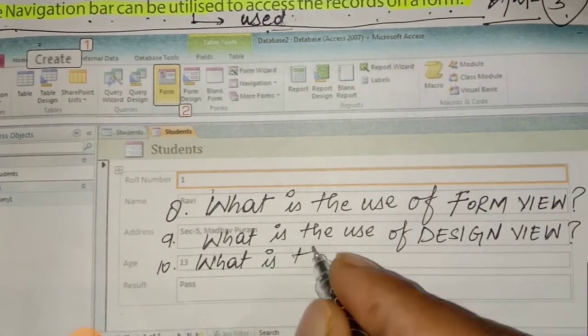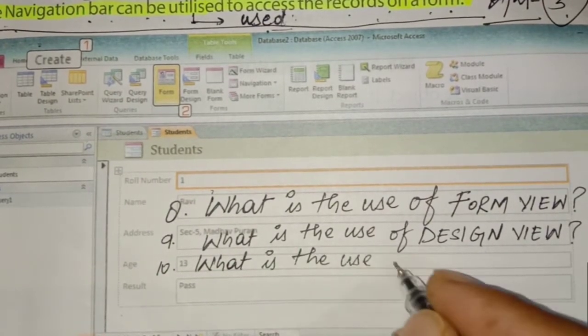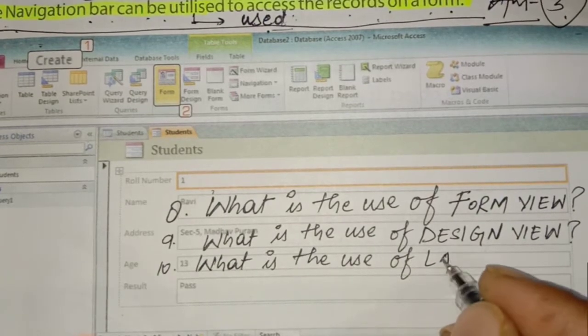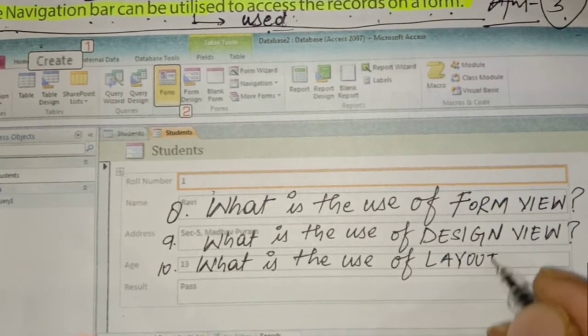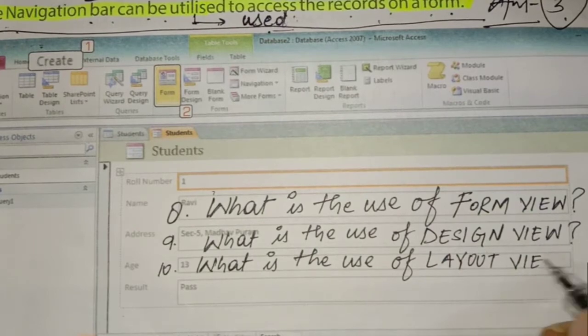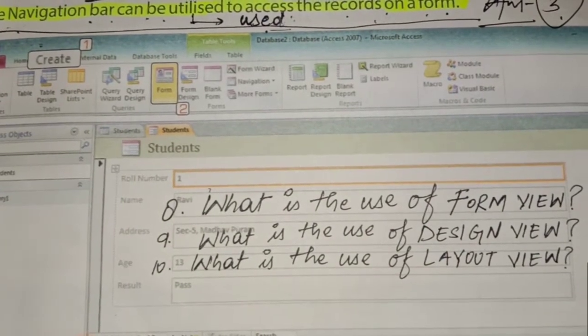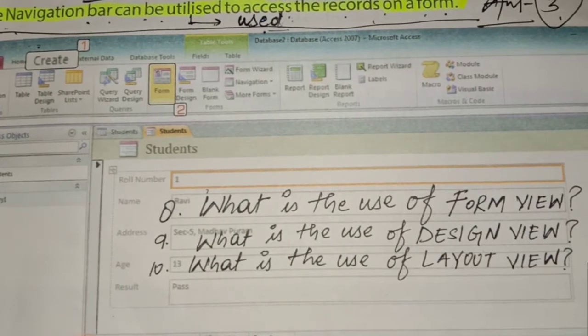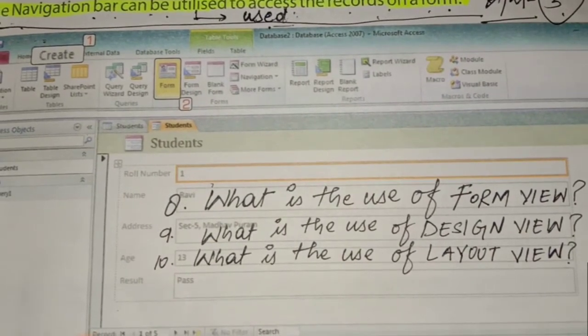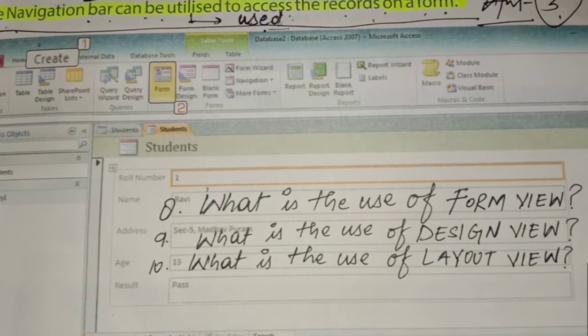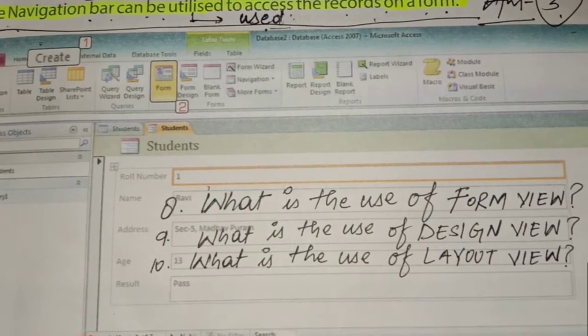What is the use of layout view? Written? All these? So answer number 8.